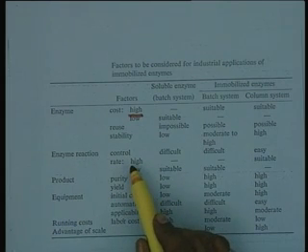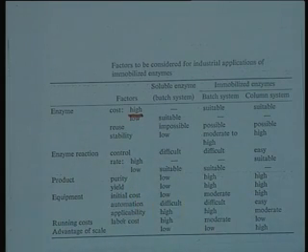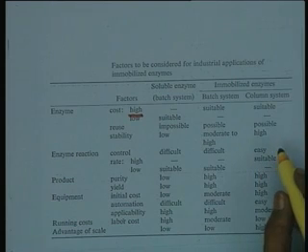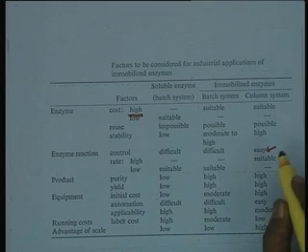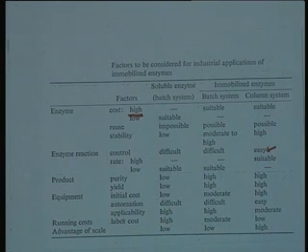Then the reaction control. The reaction control in the case of soluble enzyme and the batch immobilized enzyme is usually difficult, which makes it very easy in the case of a continuous flow immobilized enzyme reactor. The control of the enzyme reactions is rather difficult in the case of soluble enzyme batch processes,